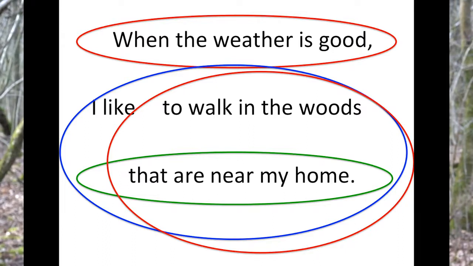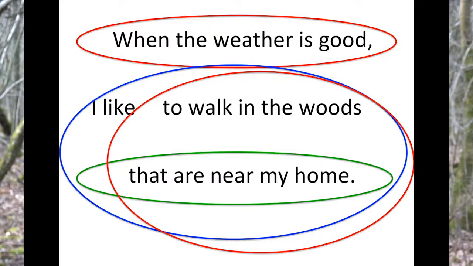And then finally we've got that are near my home. This little element is a clause in its own right. So we can try to circle the different elements, at least attempt to circle them at this stage, in order to then analyse how they relate to one another. Right, we've indicated now what the subjects and the objects, in one case, of these clauses are, and that has given us a bit more of an overview as to what is going on.